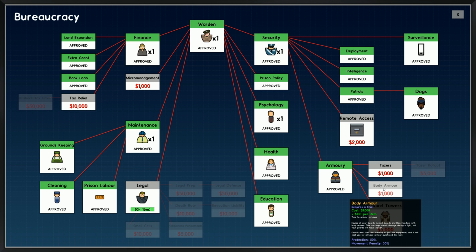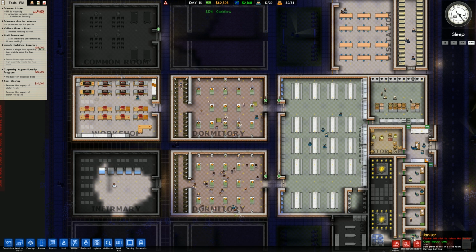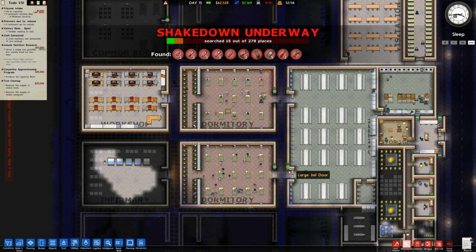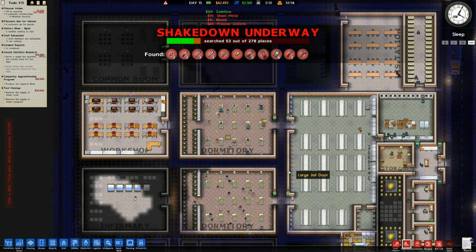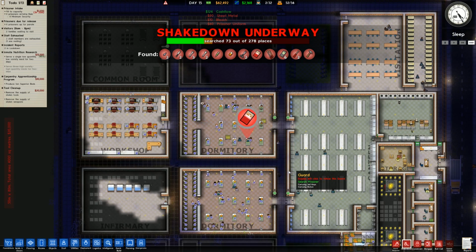Protection is 50%, movement penalty minus 30. Well, penalty 30 rather, but it's minus 30 movement speed essentially. So it's actually not really of any benefit for us to have that, because it hasn't kicked off and hopefully it won't. Realistically, the likelihood of it kicking off is low, and